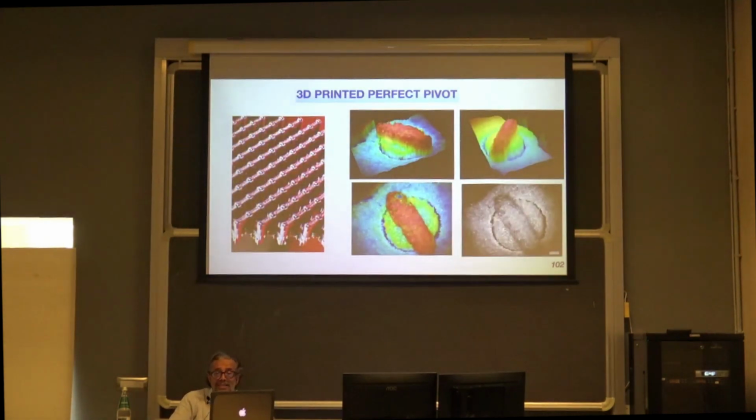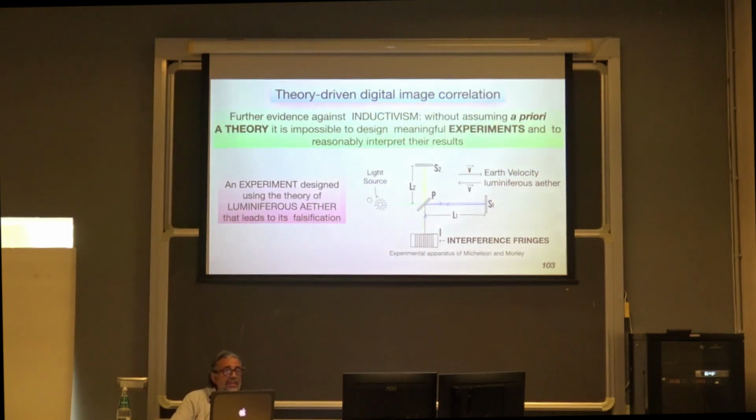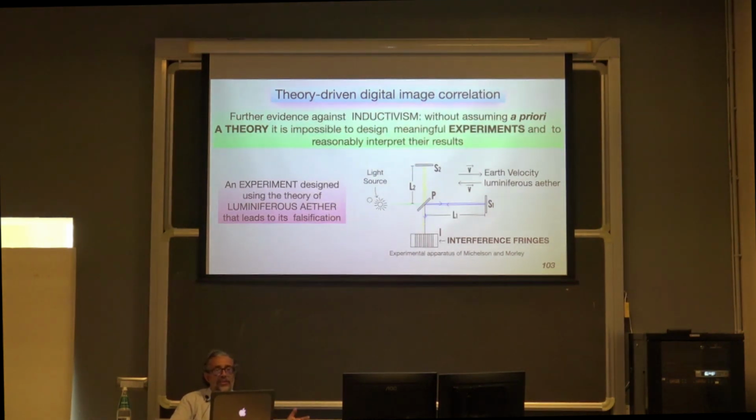This is for nice pictures. This can be of interest if there is somebody here who can help me in printing these things. The space between the internal part of the pivot and the external part of the pivot for having perfect pivots in your microstructure is very important, but I must tell you that in France you have big experimentalists who know theory. François Hild told me that I need your theory for doing my measurements.